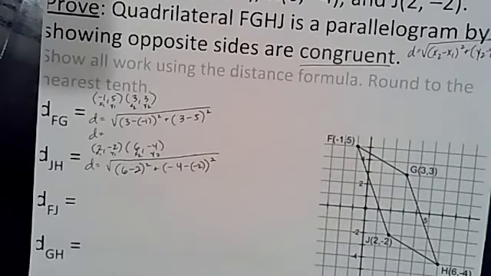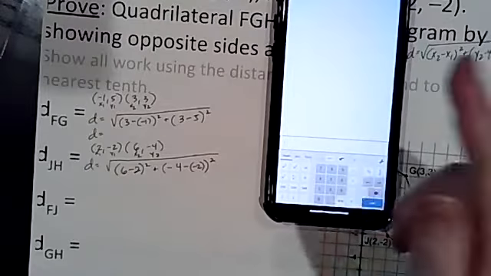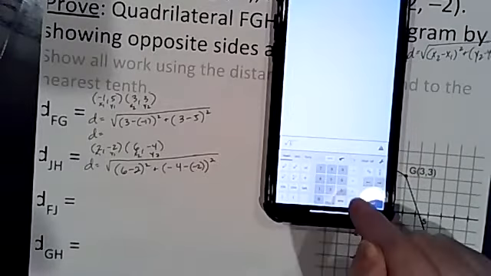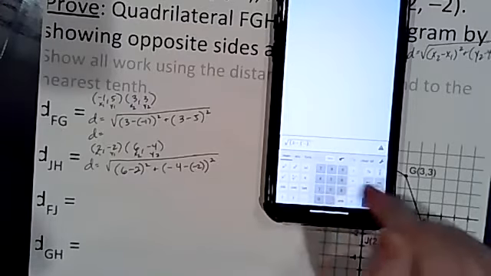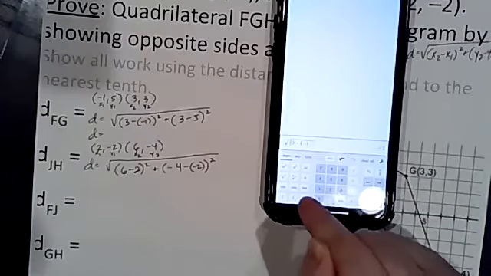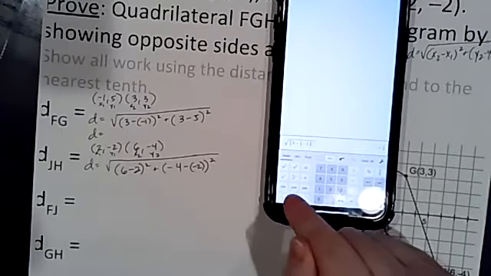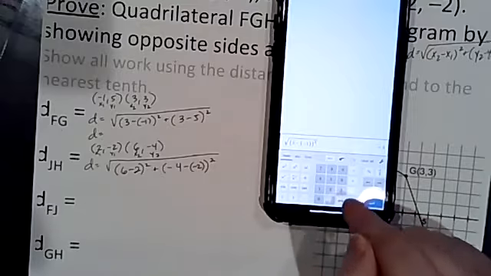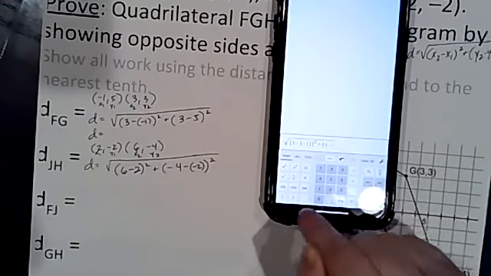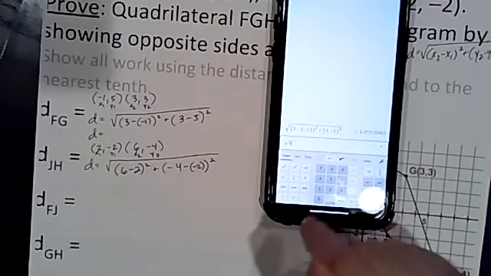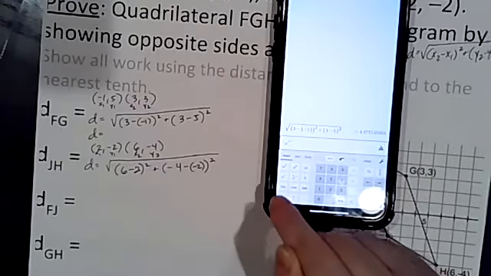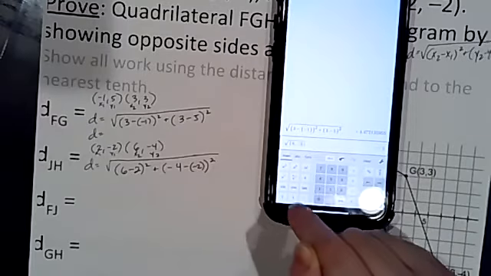Okay, let's go right ahead and plug that in. I'm going to use the Desmos app on my cell phone. So the square root of parentheses 3 minus parentheses -1, close that parentheses, add an additional parenthesis, squared, plus 3 minus 5 squared. And the answer that I have here is 4.47. And we're going to go ahead to the next one. Square root of 6, don't forget your parentheses, Mr. Bear always does that. 6 minus 2 squared